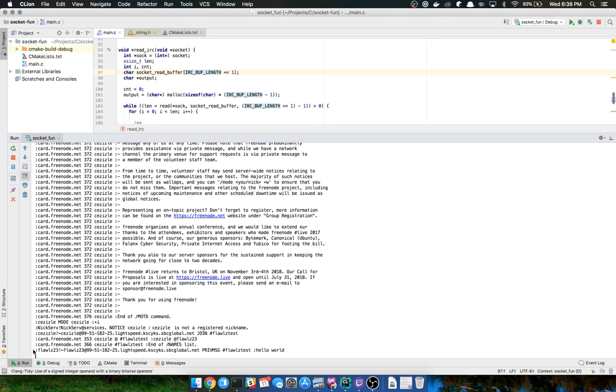So we can see the basics of the spec being played out right here. We have what's known as the prefix, which shows you where the message came from. Then the actual command that was run from the server, and this was PRIVMSG, a private message. So this is sending a private message directly to my client. Every other client will receive something similar. And then I don't know what this part is. I think this is the parameter for the command, so this would be the channel. And then, noted by this last colon here, hello world is the string, the message that was sent.